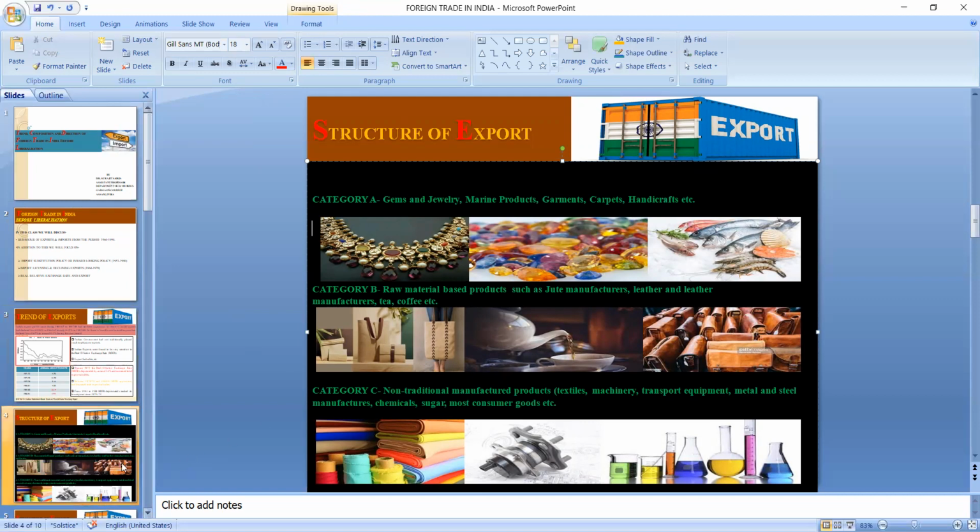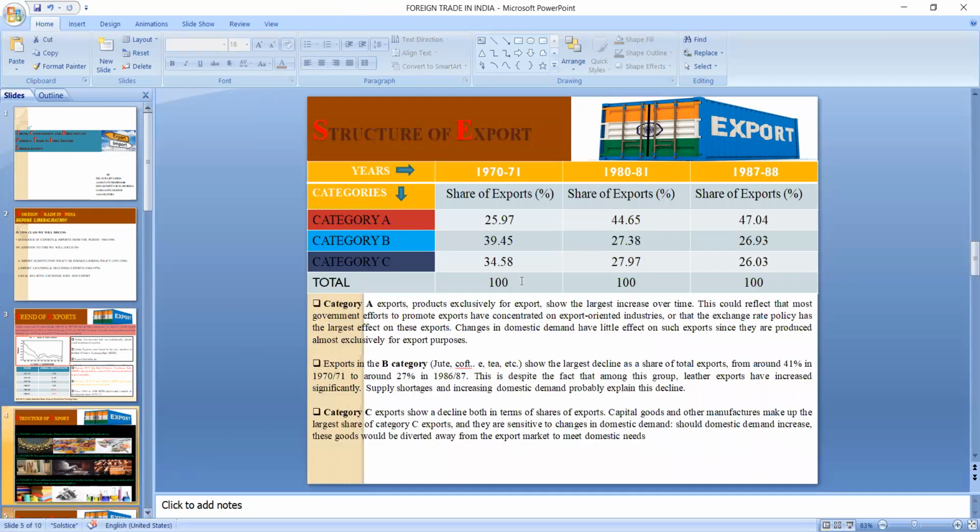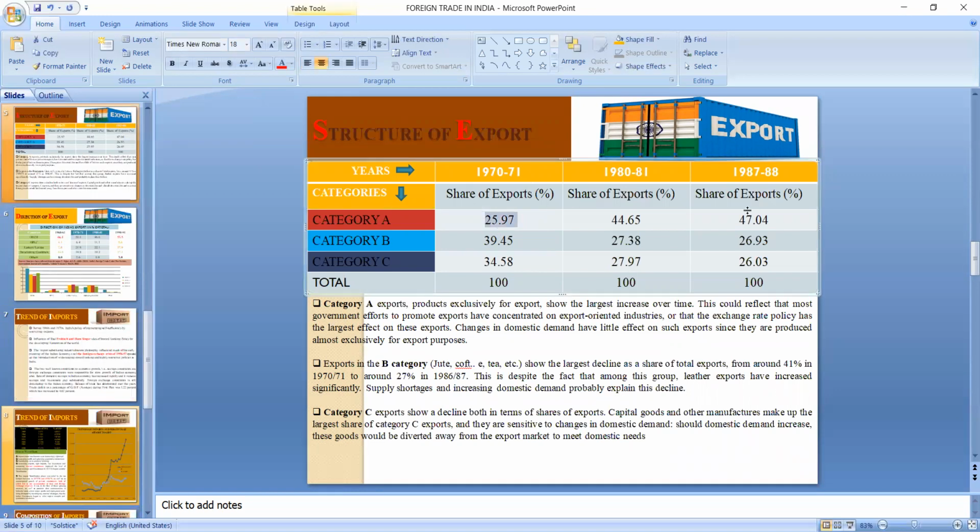Let's see the trend of this composition over the years. Under category A, we have observed that there is improvement. During 1970-71, the share of category A was 25.97%, and it had improved to 47.4% during 1987-88. But under category B and C,